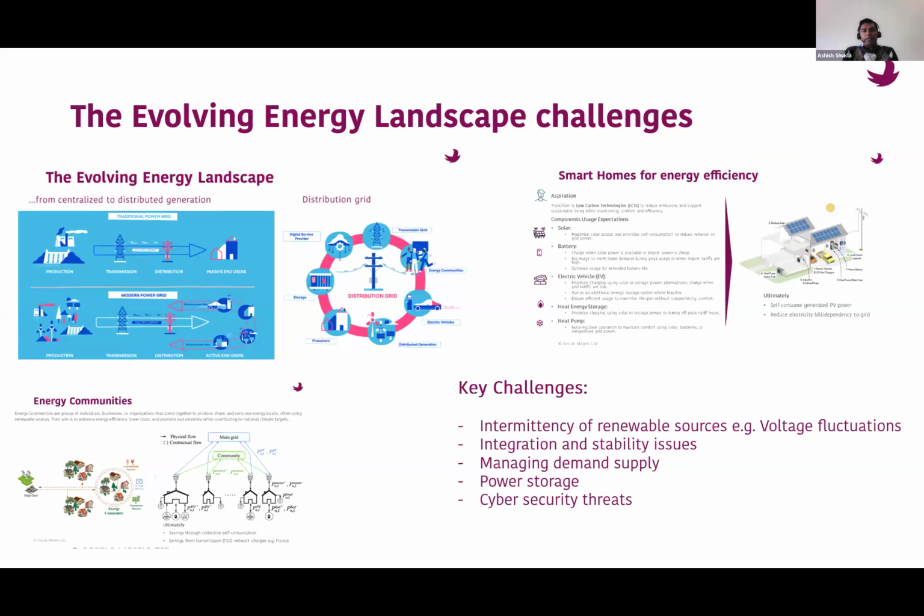Cyber security threat, because of the connectivity, communication is everywhere, and even the utilities have all the systems in place. They have the SAP, they have the ERP, and even the controls in the substations are connected to the network because of the data communication. And suppose someone gets control or is able to hack the system, they can really damage things. So that is also very important, and that also creates a lot of challenge. So these are the overall evolving scenario of what is happening in the power system, and these are the key challenges which you see.